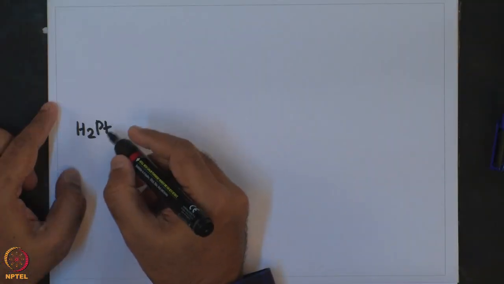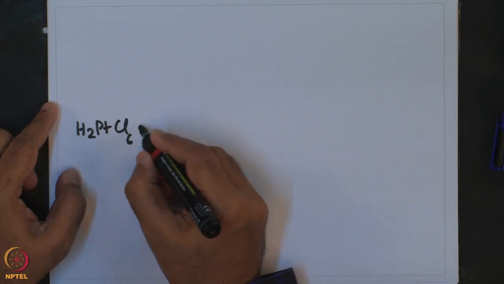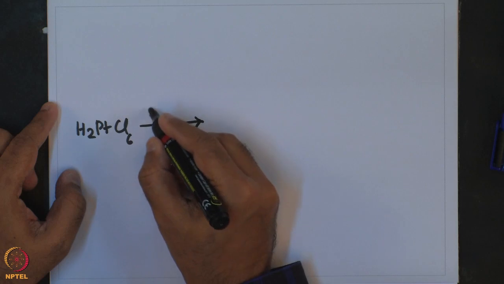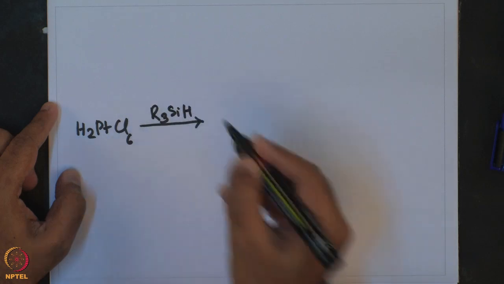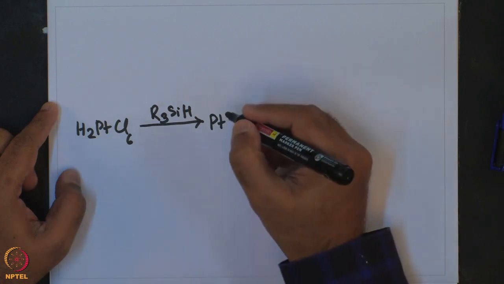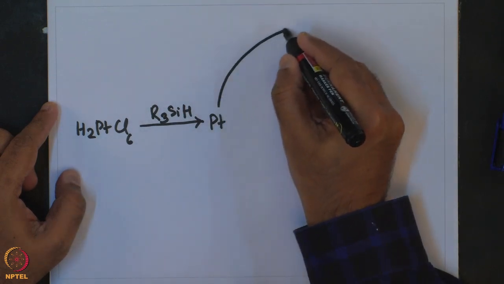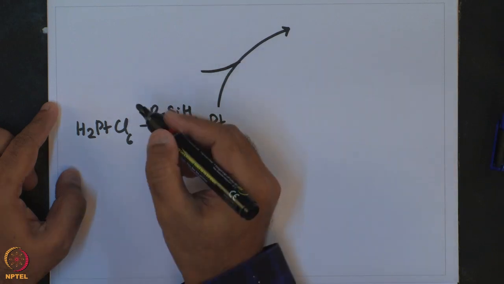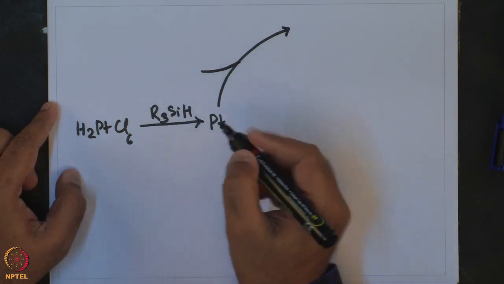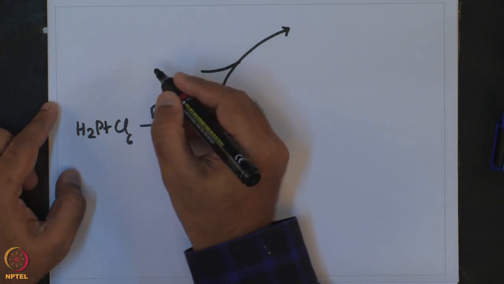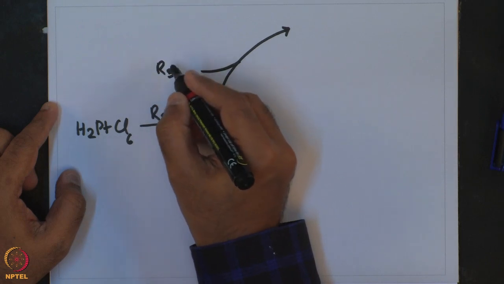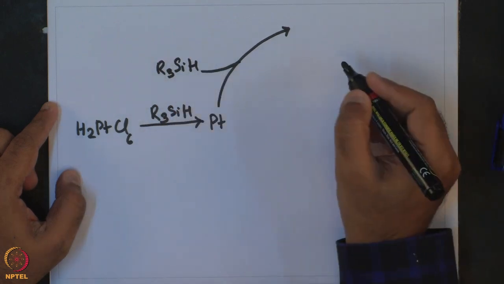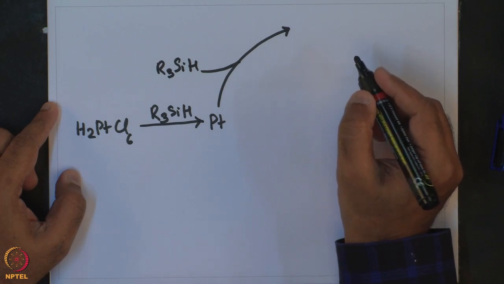So, the catalytic cycle is given as follows: H2PtCl6 in the presence of R3SiH gives platinum 0, and this platinum 0 then oxidatively adds R3SiH to give this platinum-based sigma complex